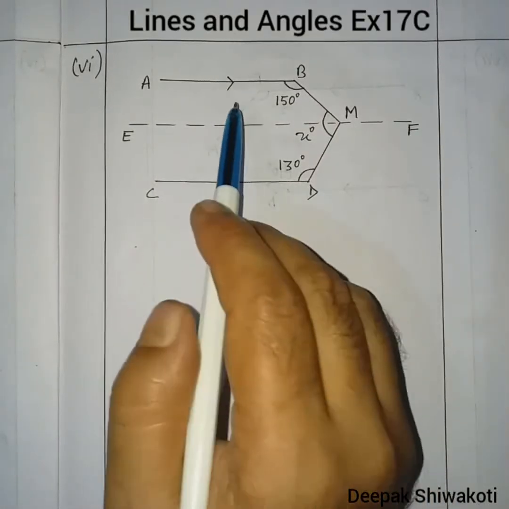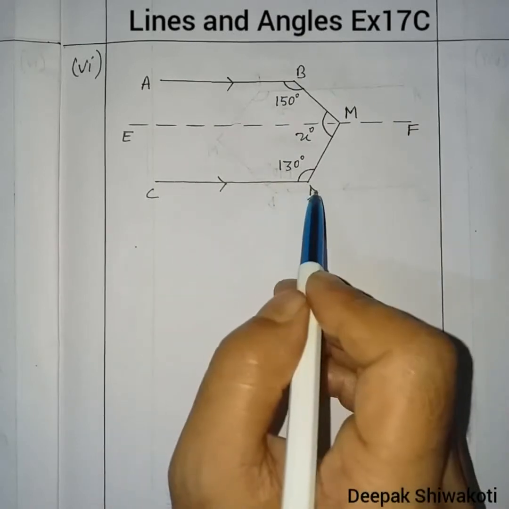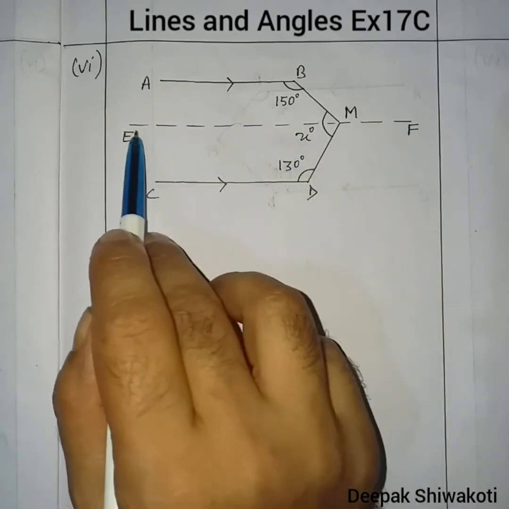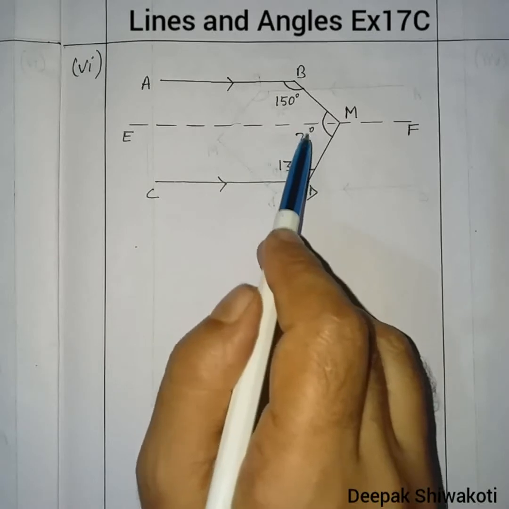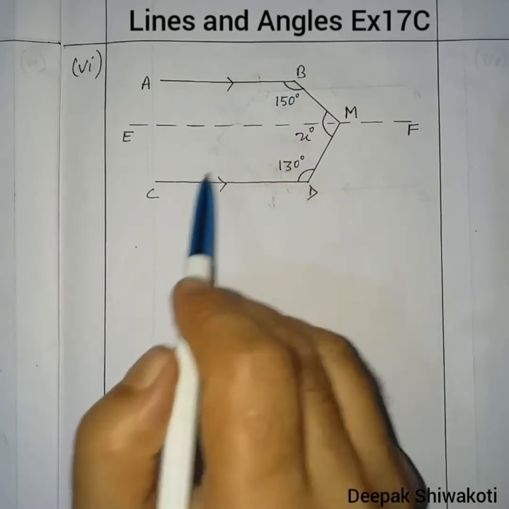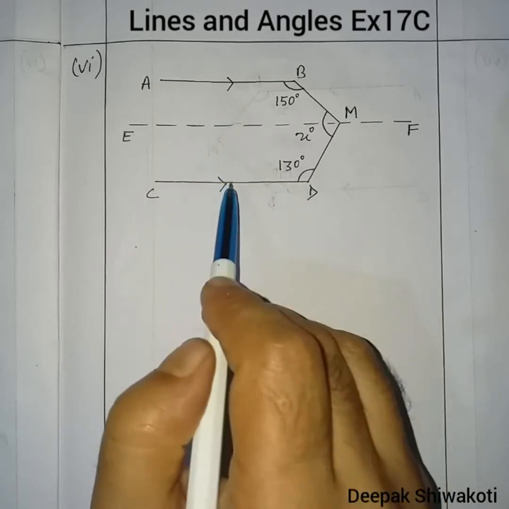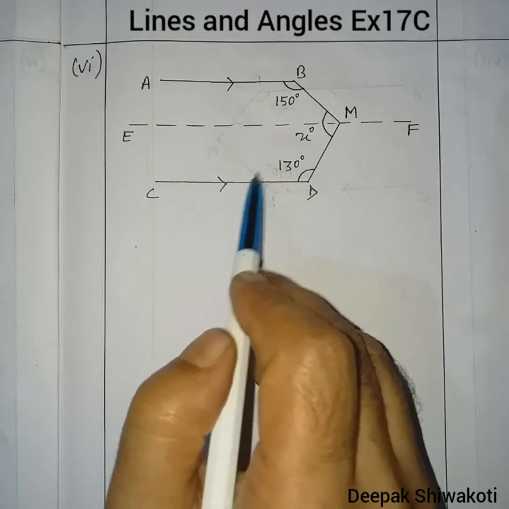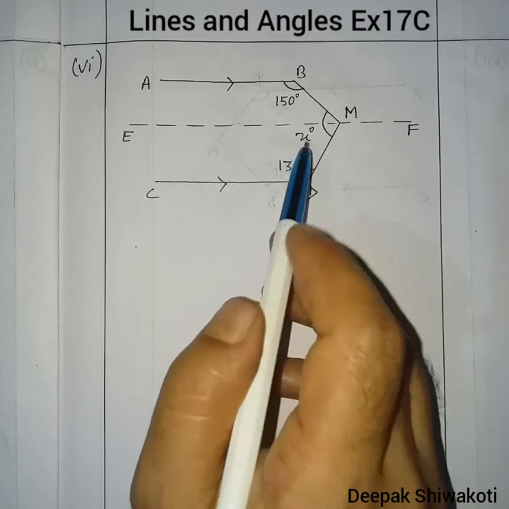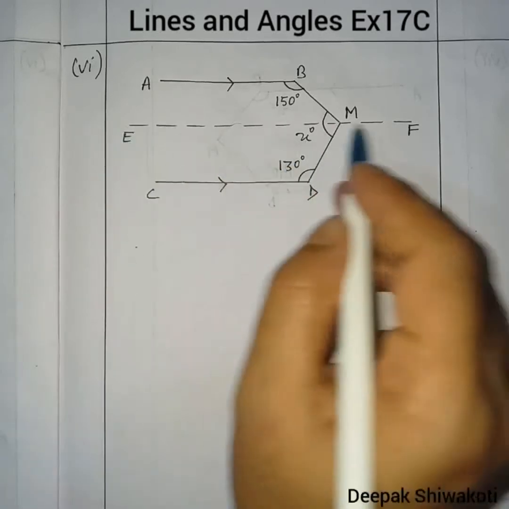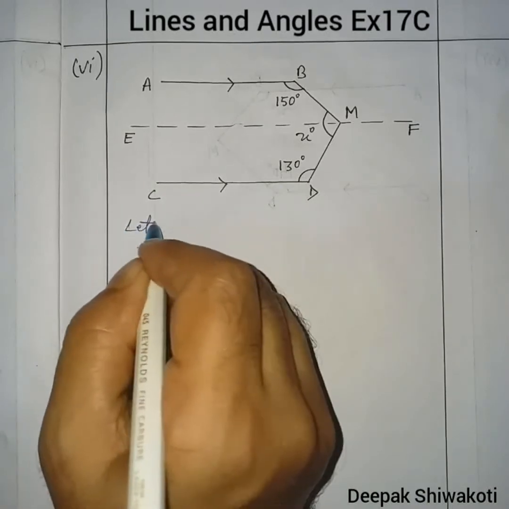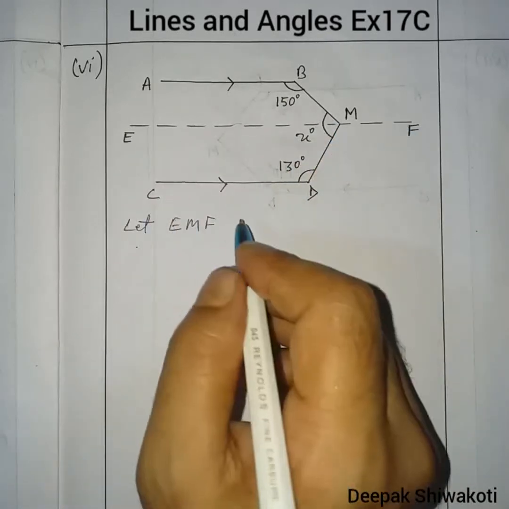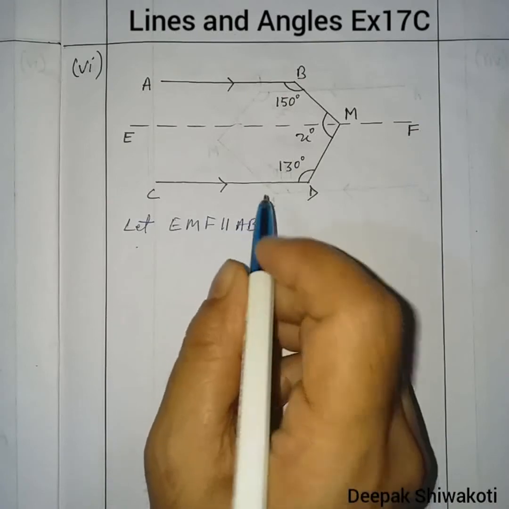Next is 6 number, where the line AB and CD are parallel to each other. This dotted line is drawn just to calculate this x. Okay, so this line and this line, these two are parallel to each other, and this line is drawn parallel to this and this, to calculate the value of x. So here let this line, let EMF, that is this line EMF, be parallel to AB, parallel to this line,